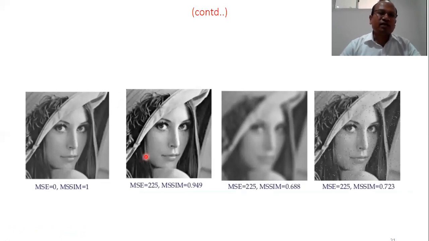Two things we can see in the results. Minimum is MSE, maximum is MSSIM. This is also one measure, right? Structural similarity index measure, SSIM. The mean value of SSIM we can take becomes MSSIM. So there is a relation between structural similarity and the MSE. A similar relation we can find between PSNR and MSE. If MSSIM is more, PSNR will be more.